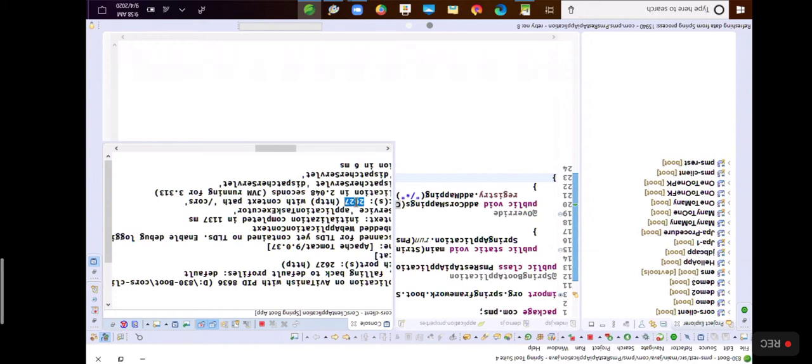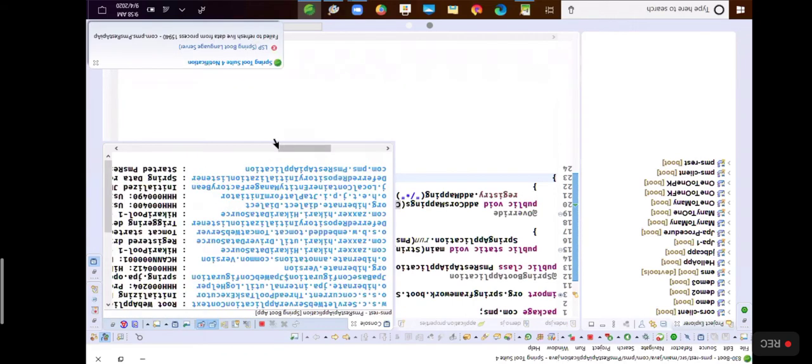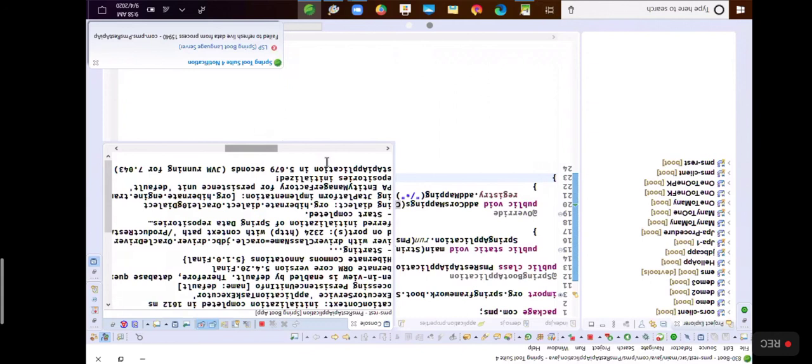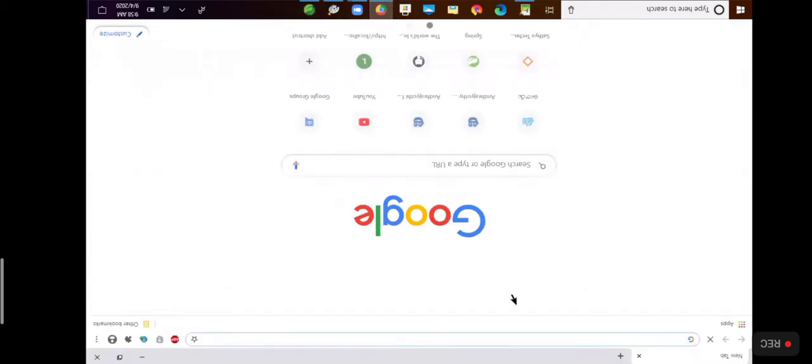And this REST application server is running on the port number 2324. Okay, let's open the browser again. We'll make a request now.